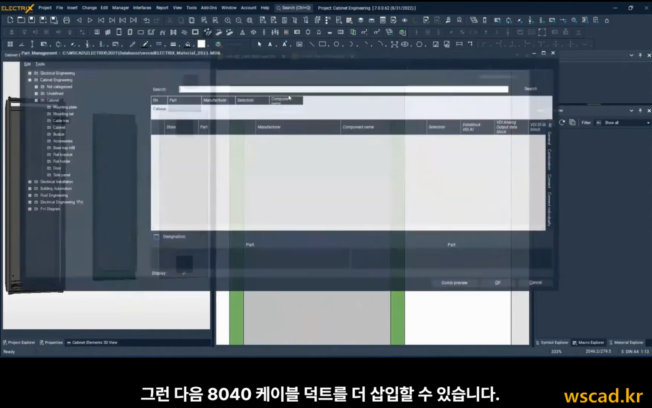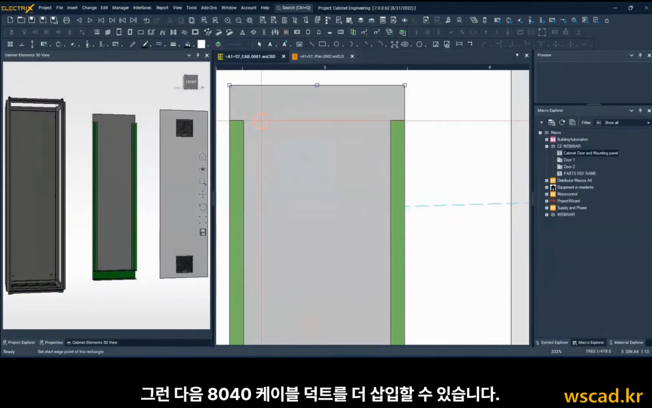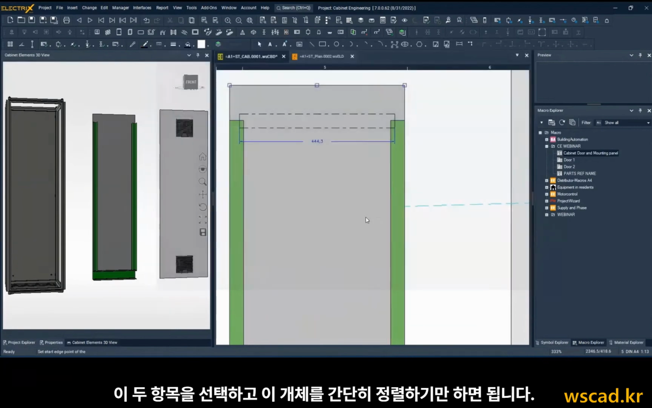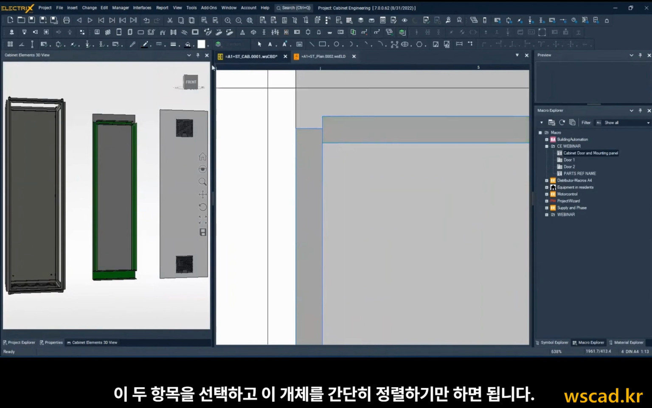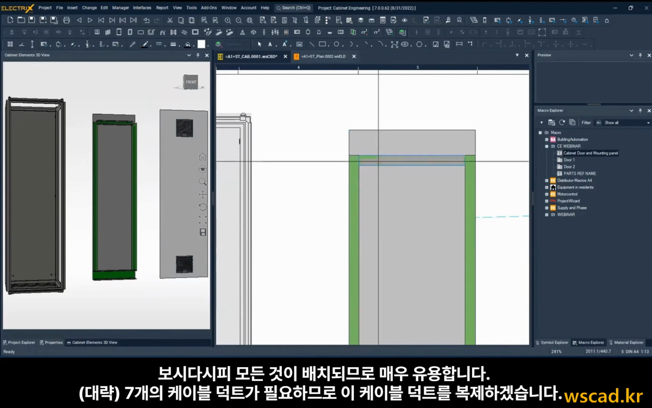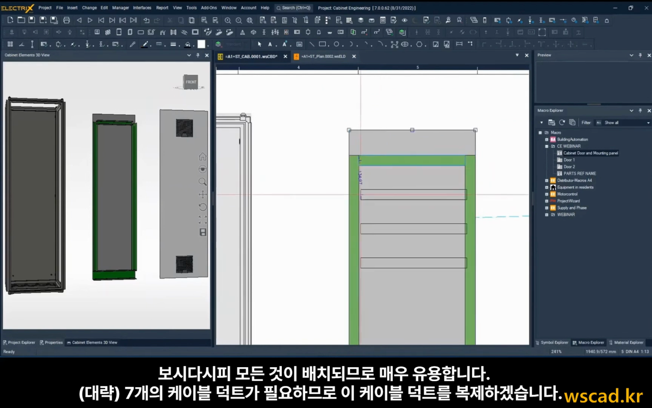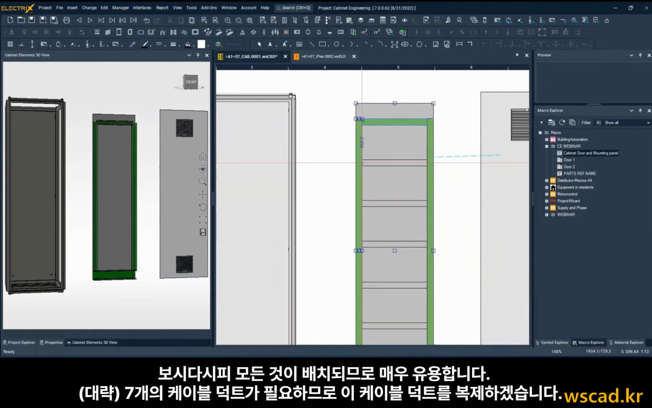And then we can insert some more 80-40 cable duct, and we can use this. Let's say here we have to select these two items, and we can use these alignment objects here. They are very useful, as you can see, everything is placed. And now we will duplicate these other cable ducts because we need 7 of them here,